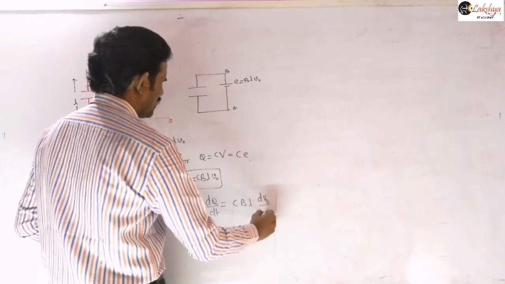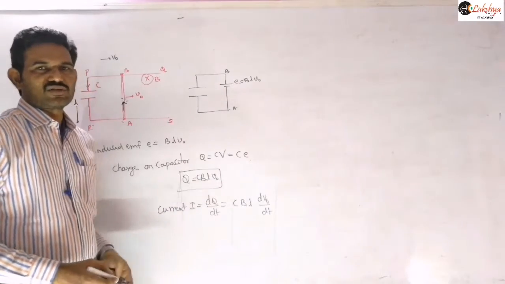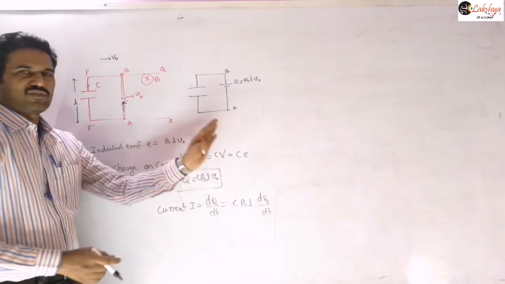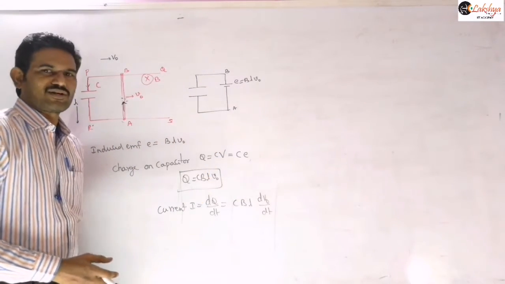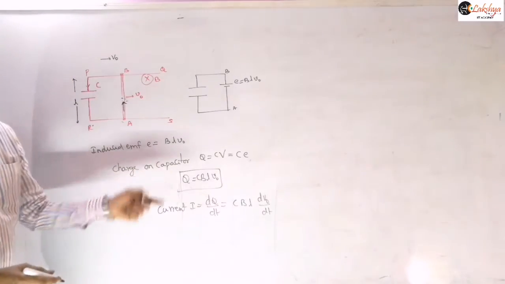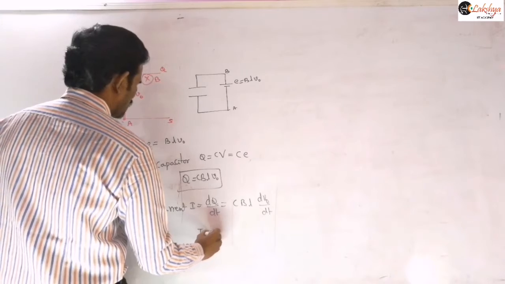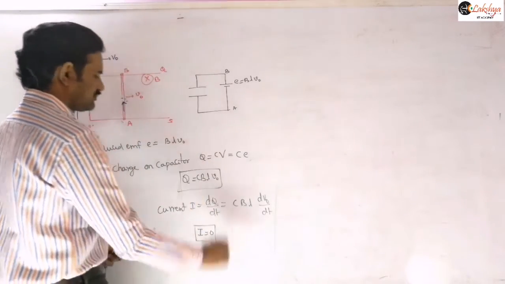If there is possibility, then velocity may change here, right? But in this problem, velocity is also given as a constant for us. The rod is pulled with a constant force there, or it is moving with a constant force. So velocity is also constant. So when velocity is constant, then this differentiation is 0. So what we can conclude here is current is 0 here, right?